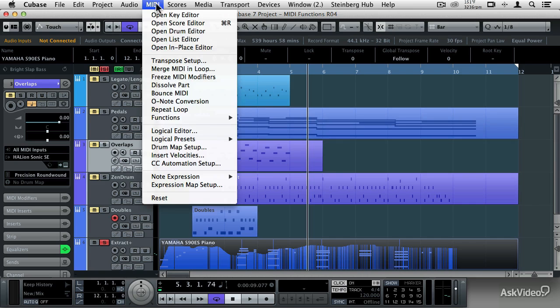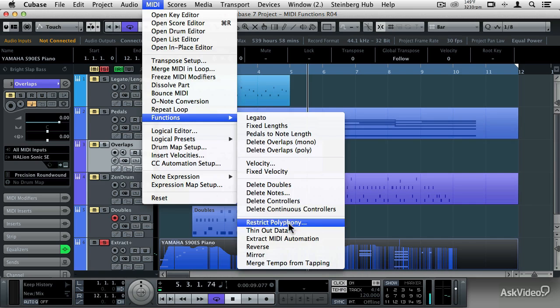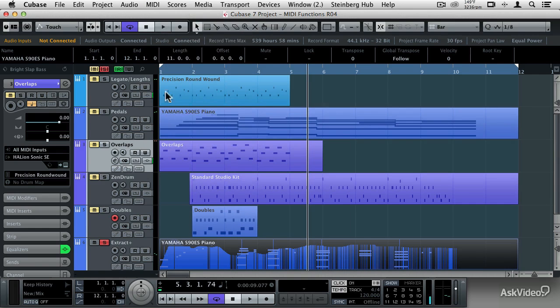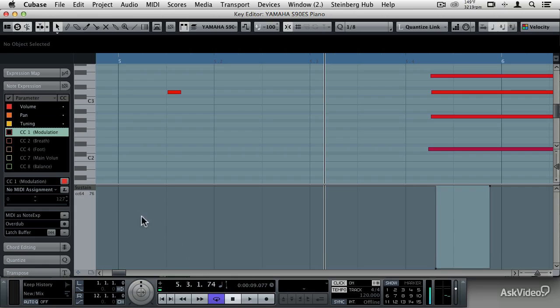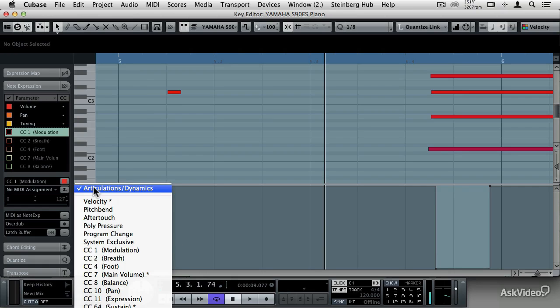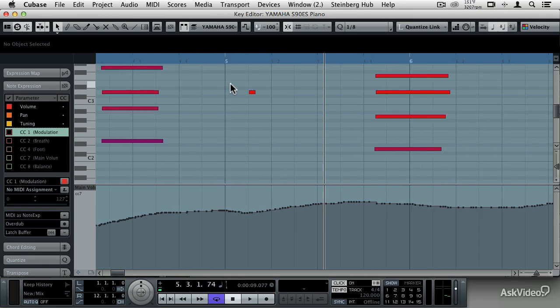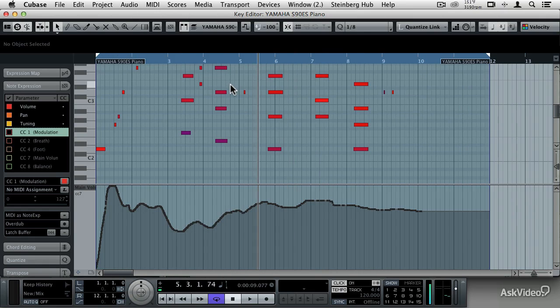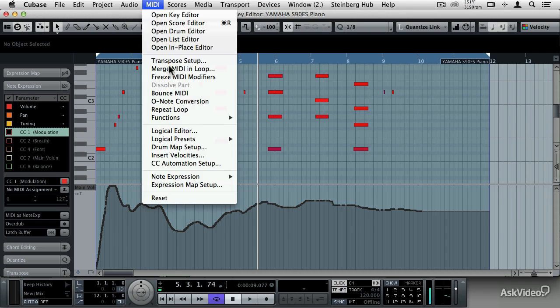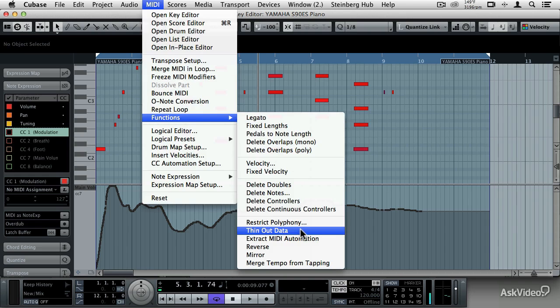And now let's go back under the MIDI menu and look at our next function, which is thin out data. But to do this, I'm going to open this track a little wider or a little taller by double-clicking on it, and let's look at some of the controller information that's in here. Here's our main volume, and I'm going to type G to zoom out here a bit. Now, I'm going to go back to the MIDI menu and select that thin out data, and what it's going